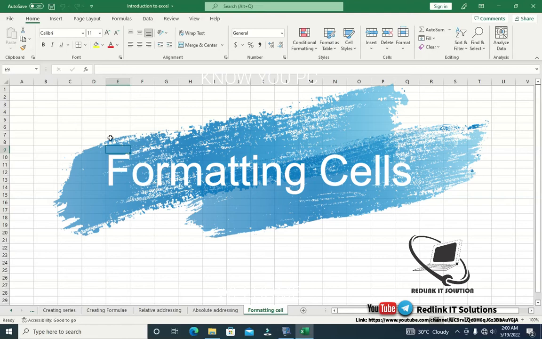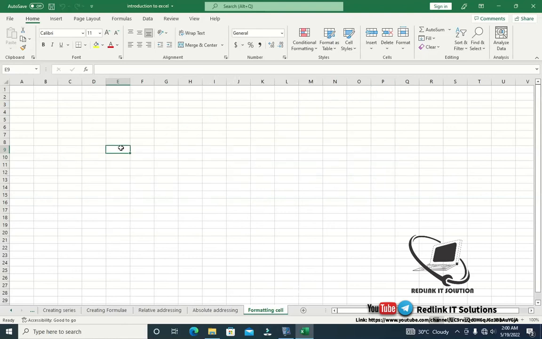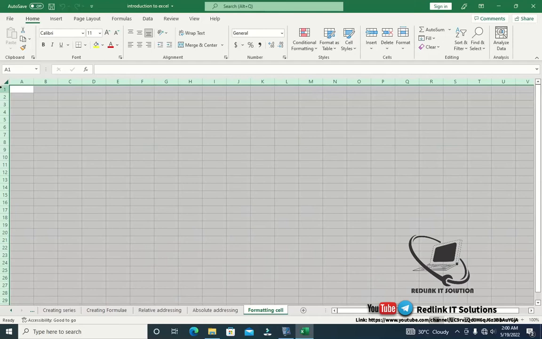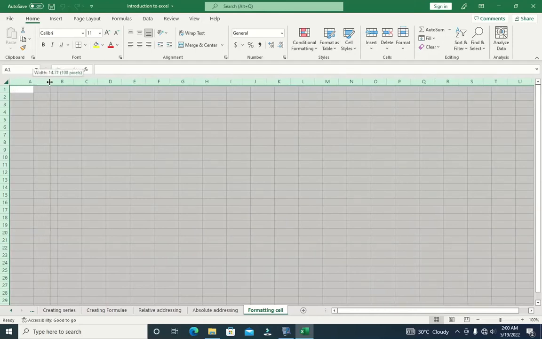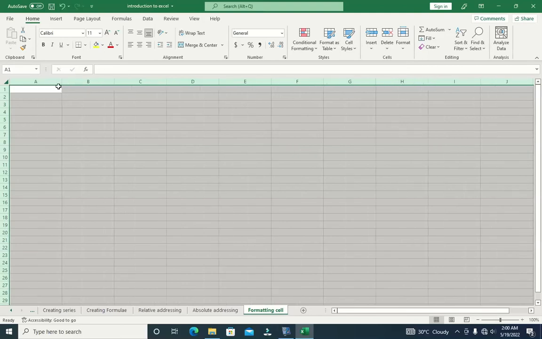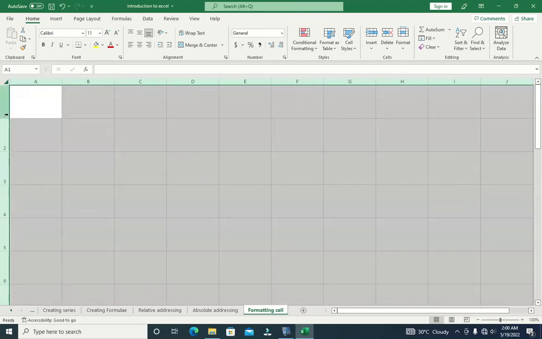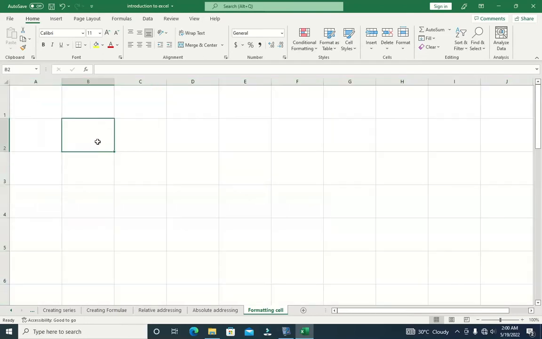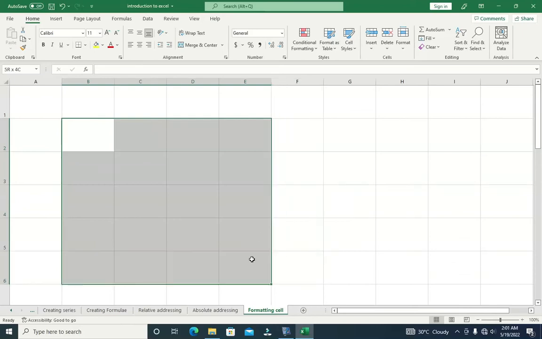We are doing formatting cell. We've done a lot about formatting cell, and this time around we would want to learn something new. So we would want to highlight the whole sheet and make an adjustment at the width, let's say 100 pixels, and also increase the row reference to, let's say, 60 pixels. Great. And let's create 4 at the column, 4 at the reference,